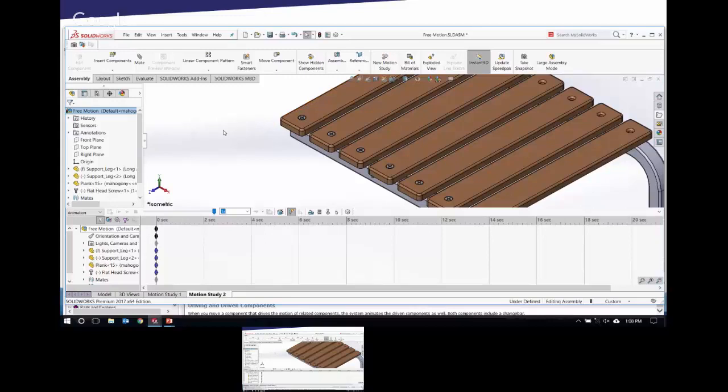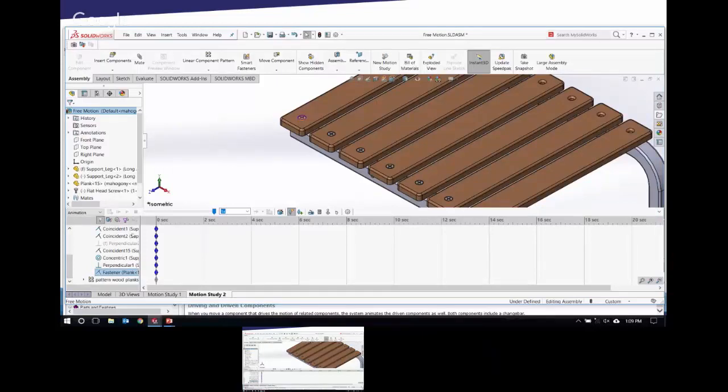All right, so to start with, like I said before, there are several different ways that you can have motion with the components. The motor we just took a look at, and this one, what I'm going to do is just move by dragging, like I mentioned you could do. So what I need to do in order to drag the fastener out of there is I need to first suppress this mate. There's a mate in there, a coincident mate